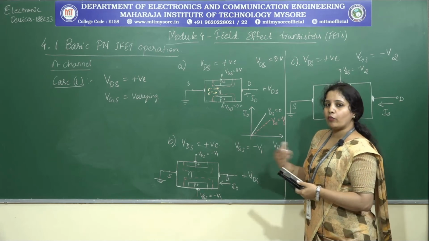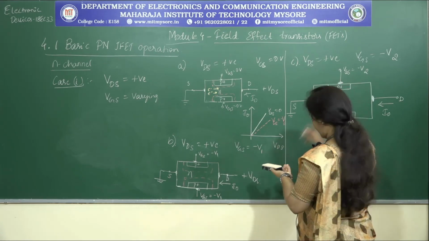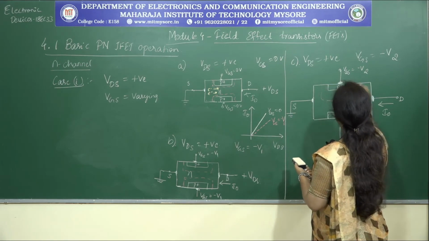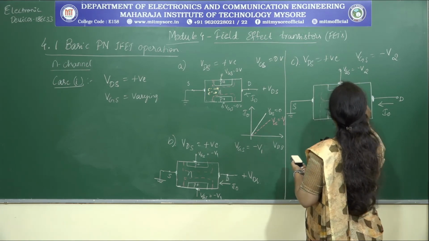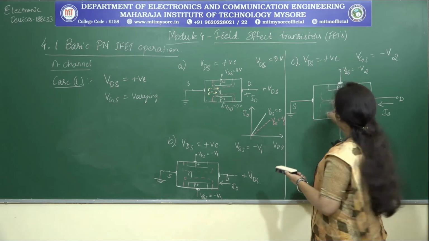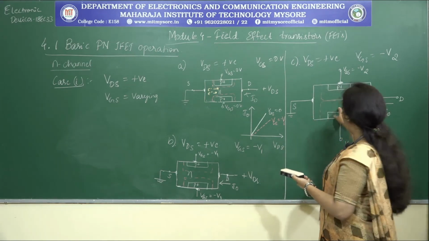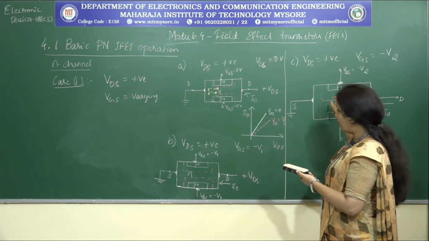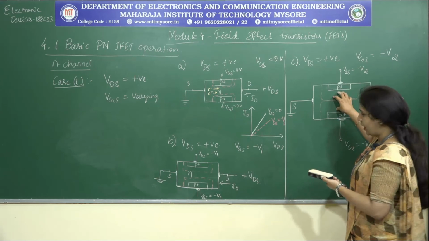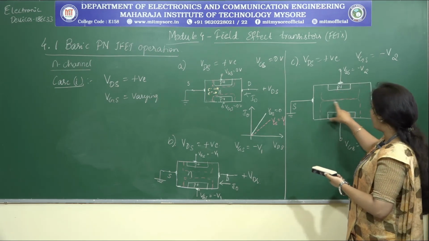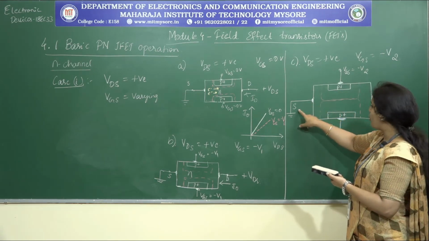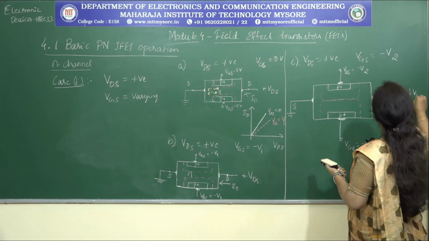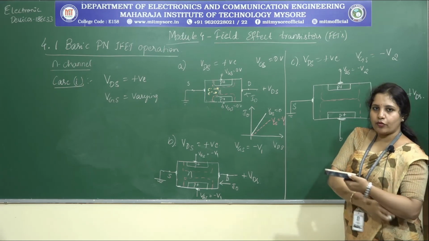So when I am providing more and more negative voltage across the gate terminal, obviously what will happen to the reverse bias junctions? They tend to extend, right? There comes a point wherein this extension becomes such that both of these depletion regions completely occupy the channel that is available. As a result, they isolate the source and the drain terminals. What happens to the VDS? It is the same, that is the positive VDS that I am providing.